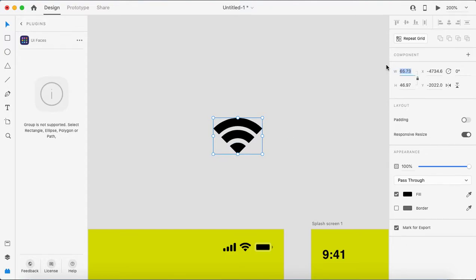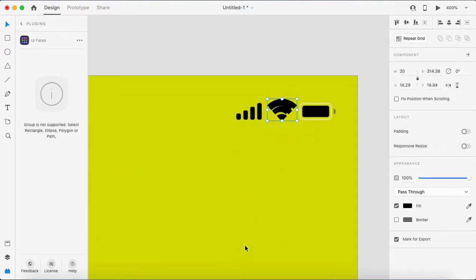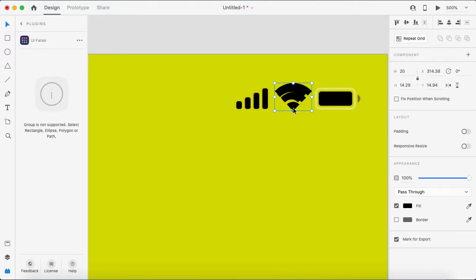Now for example, here I'll disable the responsive resize, and then I'll make it 20. Then here it is, zoom, control plus. Control plus till it is big.